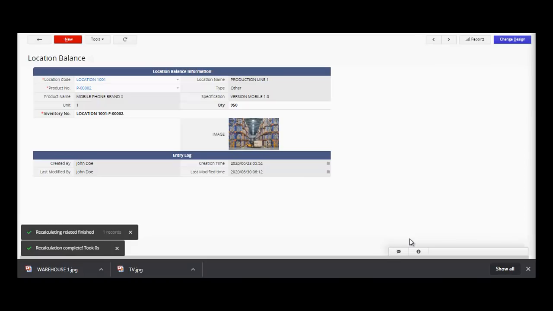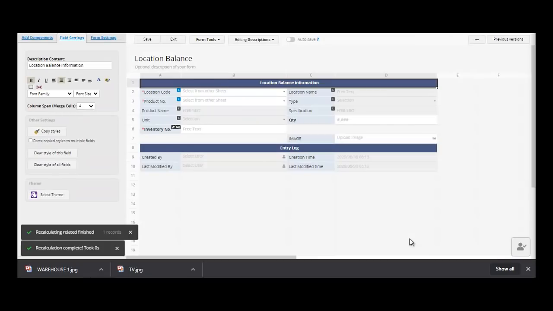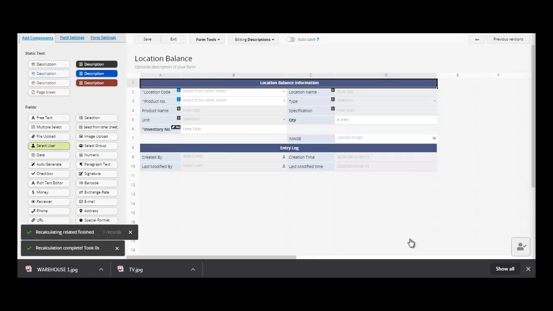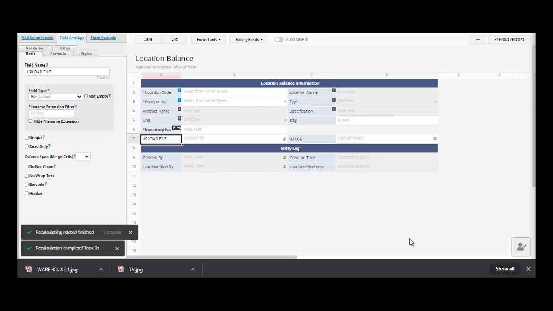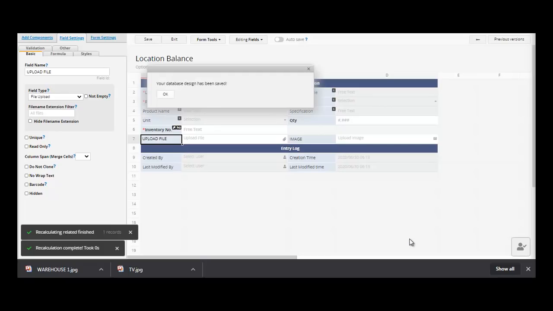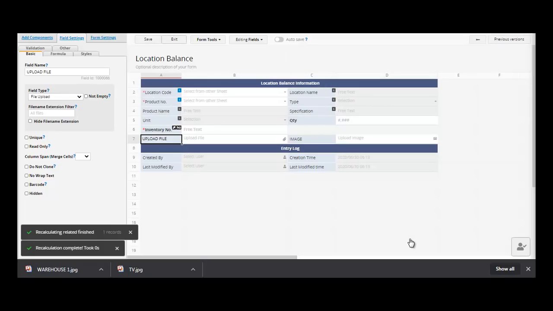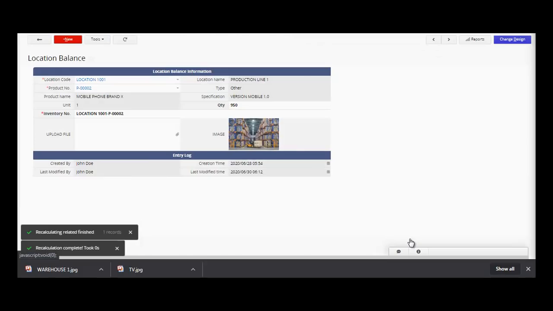Customization or modification that we can make or add here is let's try to add an image upload. So click here again on the design, and then on the add component tab, let's try to add an image upload or file upload. Let's call it upload file. So save and exit. So in here we can upload the image only, but in here you can upload any file type